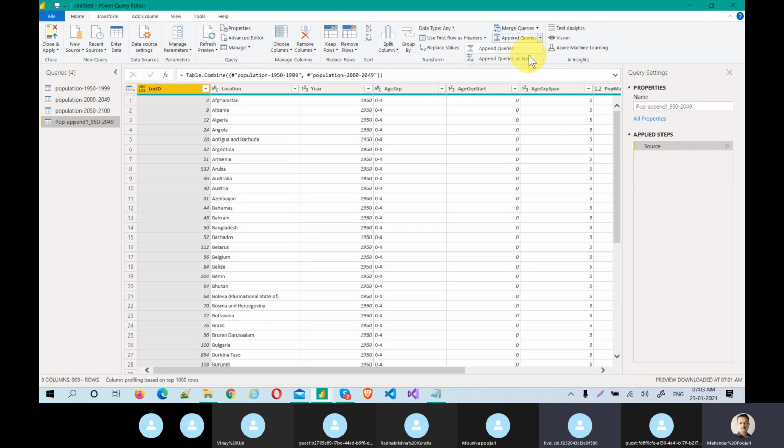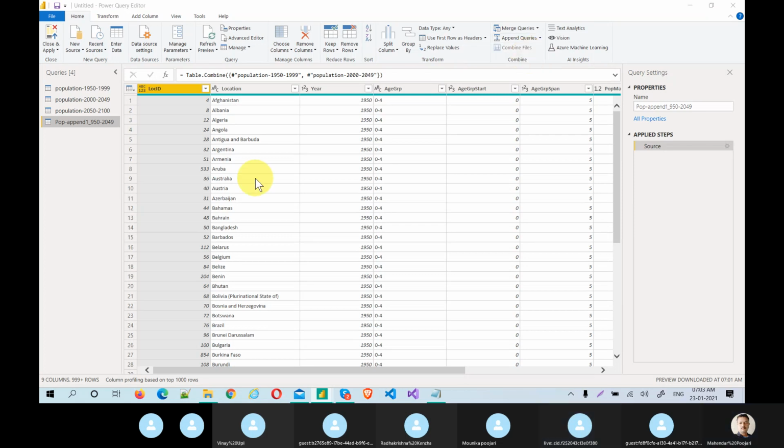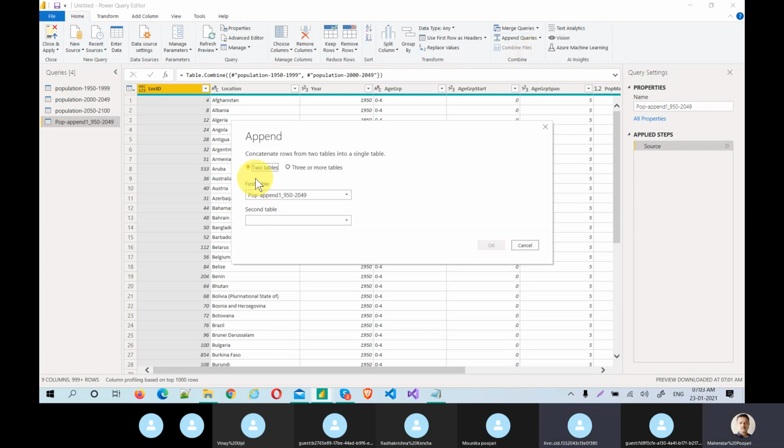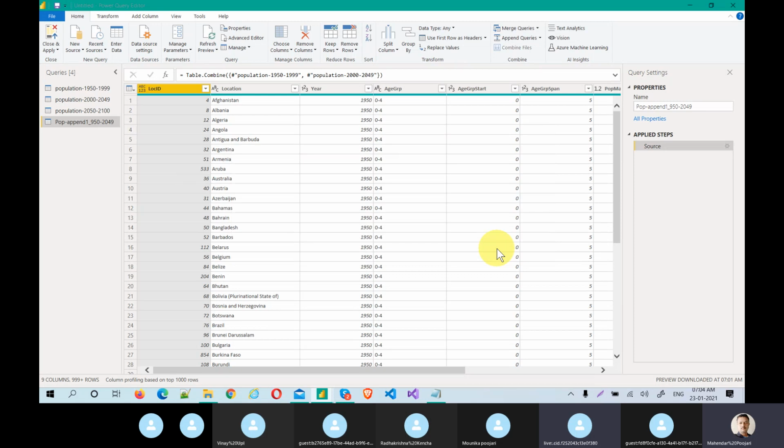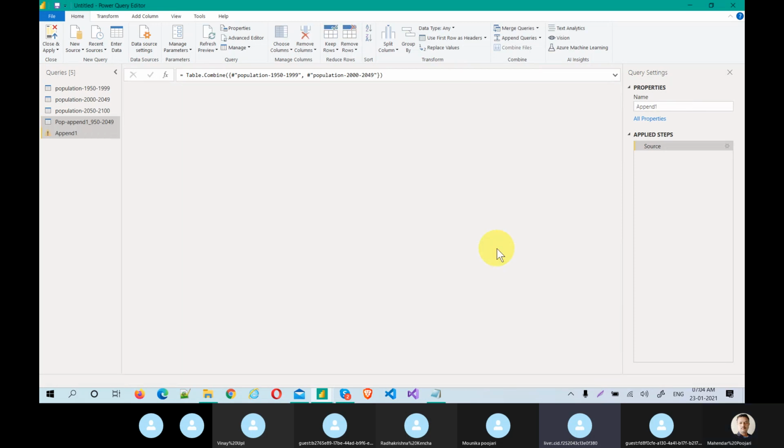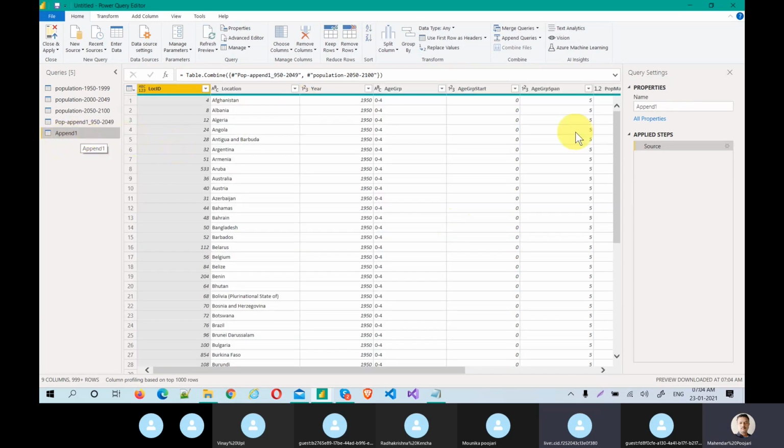Okay, so now I'm going to append new. See, this data is not actually in Power BI. We are still in the query editor. This is a separate entity, guys. Now I'm going to add this. I'm taking the first table, as in pop append one, and I'm just taking this last table, and I'm clicking as new. See, append 3, append 2 came. So it should be append final.